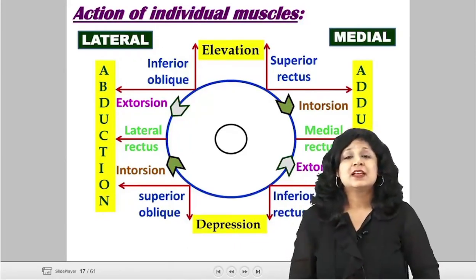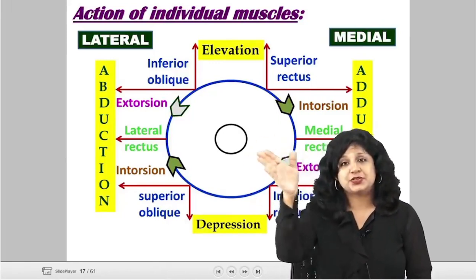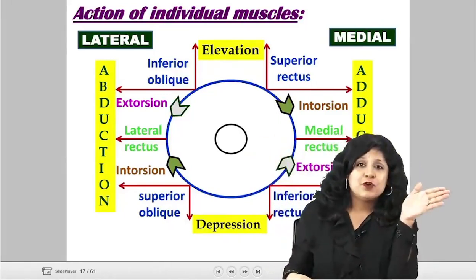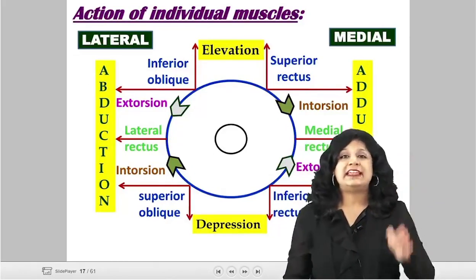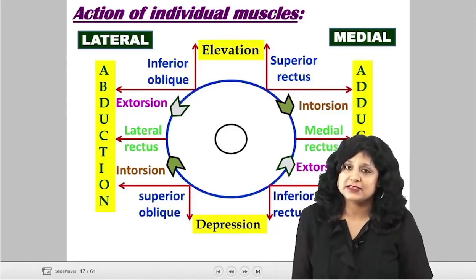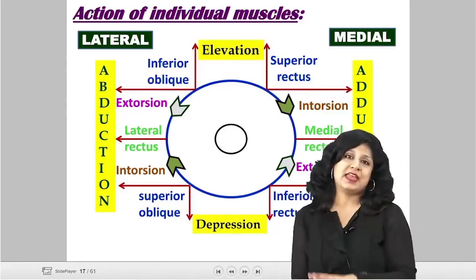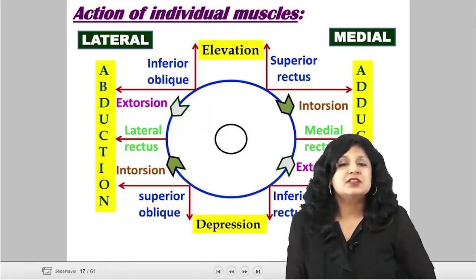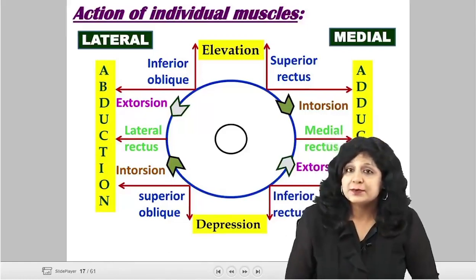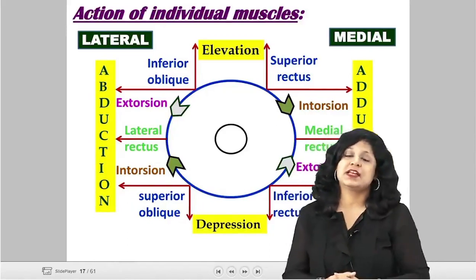So in these 6 positions, the dextroversion, the dextroelevation, dextrodepression, levoversion, levoelevation and levodepression, you can check the actions of all the extraocular muscles, and that is why out of the 9 positions of gaze, these 6 positions are considered to be the cardinal positions, and the muscles which are used in these positions are called as